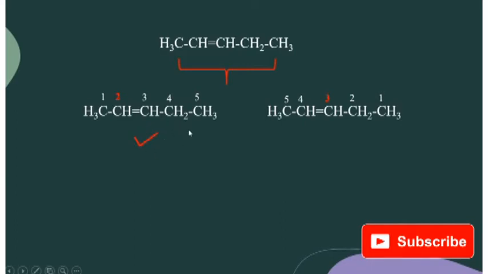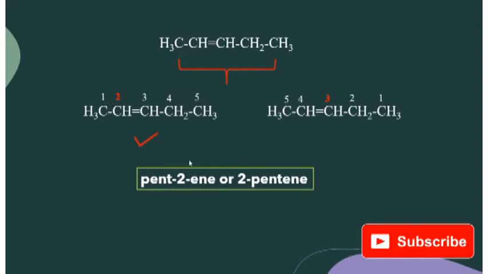Now write the name of the molecule. How will I write? Again the same. See the longest carbon chain and the total number of carbons. How many are there? 5. So 5 carbons we will write as pent. Then the position of the double bond is 2. And for alkene, the suffix is ene. So pent-2-ene. There is no substituent. Okay, so the name is pent-2-ene, or 2-pentene. That means we have given the position of the double bond at the start, 2-pentene. Okay, so this is the name of the molecule.